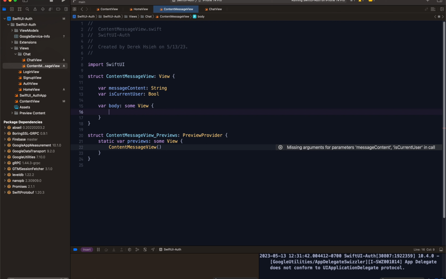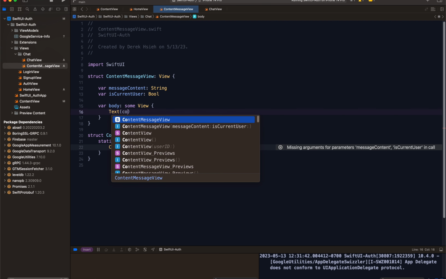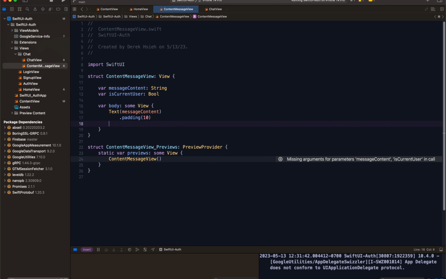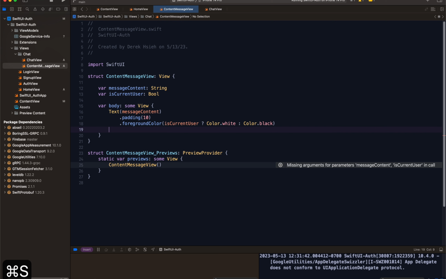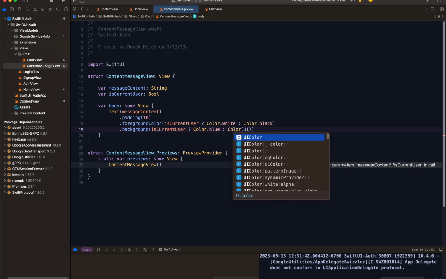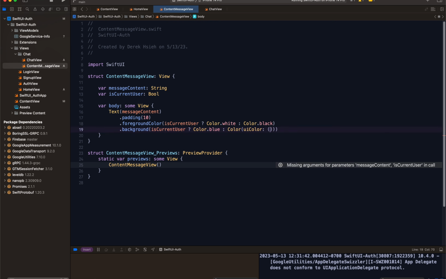So let's say Text(messageContent).padding(10).foregroundColor: if isCurrentUser, Color.white, otherwise we give Color.black, and then background is, if isCurrentUser, then we do Color.blue, else we do this color,